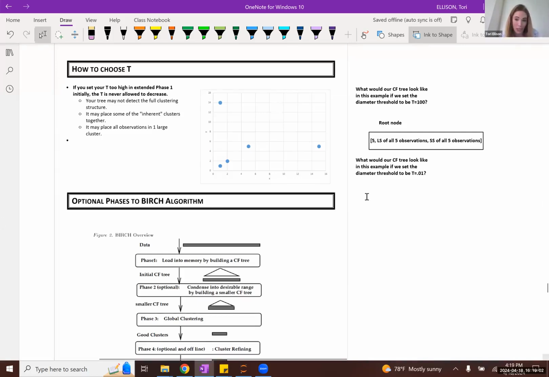So no merging would happen at all. Because we've made our diameter threshold too small, no observations or subclusters, when they're fed into the tree, would be allowed to merge with any other existing subclusters. So we would have a CF tree in which all leaf node subclusters were singleton clusters.